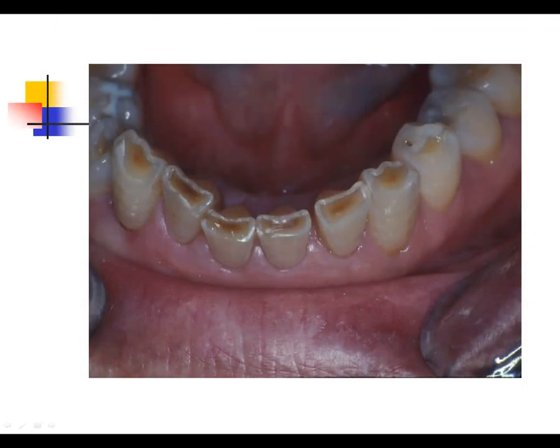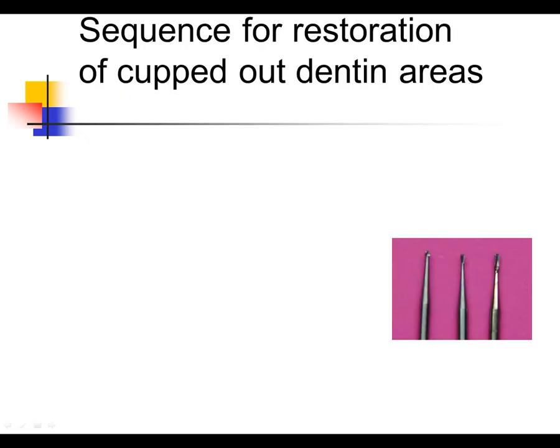And so this is our typical case where we've worn past the enamel into the incisal edges. We have dentin exposed. The dentin may have picked up discoloration. In fact, the patient may notice it, or a significant other may notice it, based upon the fact that they see discoloration. It is an aesthetic concern. Can something be done? Well, the sequence for restoration of these cupped out dentin areas is using very small burrs